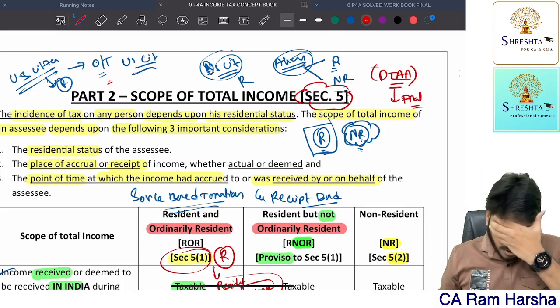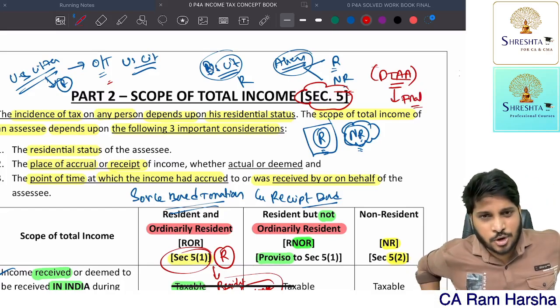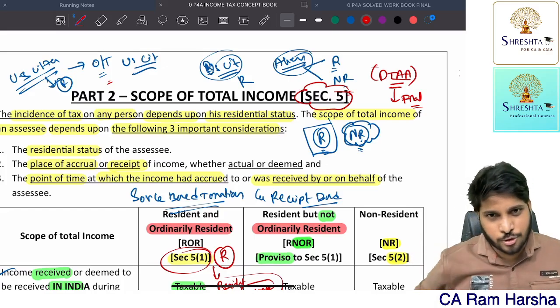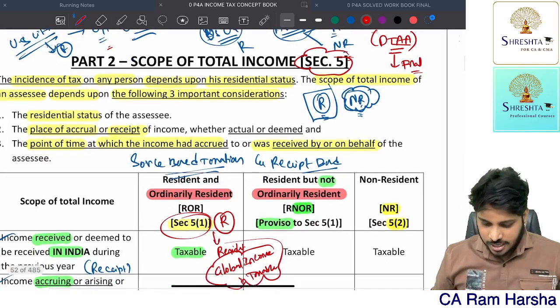Anyhow, I will start my direct tax subject probably after 4 or 5 months, maybe at the 2023 ending or 24 beginning. Anyhow, so